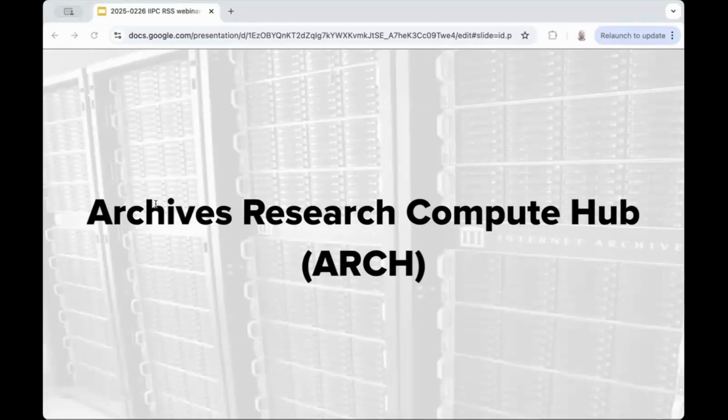As Olga introduced, I'm Karl Blumenthal. I'm a Senior Web Archivist for the Internet Archive, where I manage the service called Arch. I call it Arch, but it wouldn't be an Internet Archive service if there weren't some disagreement about how to pronounce it. That's the Archive's research compute hub. We can agree on that.